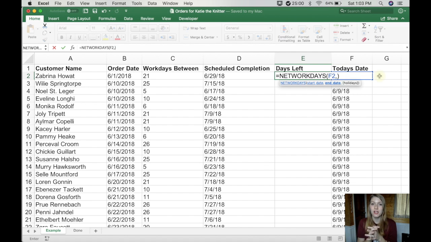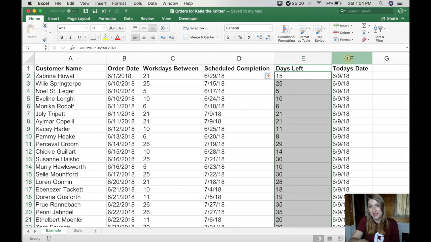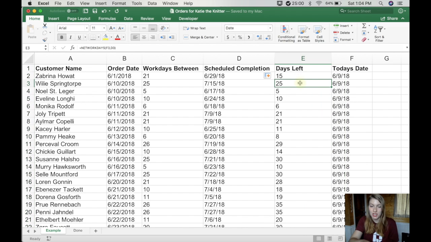We're done adding that. And the end date is still going to be the scheduled completion date. Then again, we're not going to have any holidays added here, so we don't need any additional data. We already have the start date according to column F and the end date according to column D. I'll press enter. And now when I double click this little square here, again, because I have all of today's date updated,